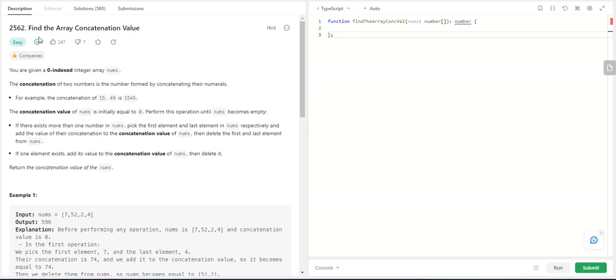Okay, so this is another Leetcode problem. Find the array concatenation value. You are given a zero indexed integer array nums, and then you need to concatenate two numbers and then add it. Concatenate meaning, for example, there is 15 and 49. You concatenate, so it becomes 1549, and then you have to add it to some